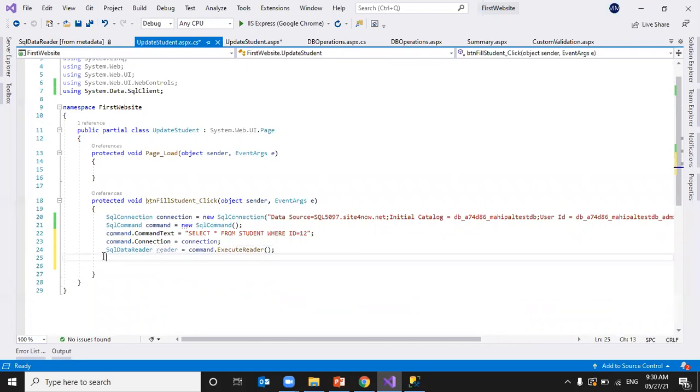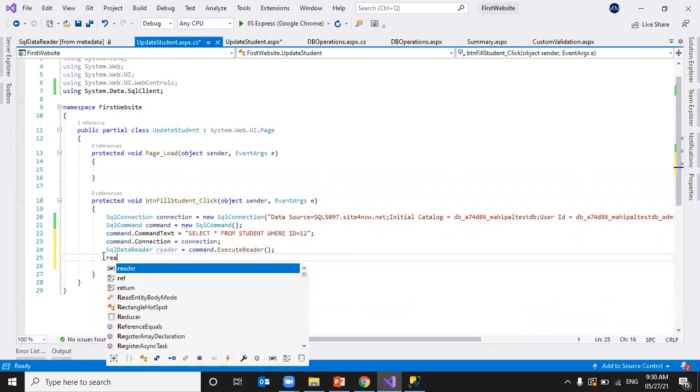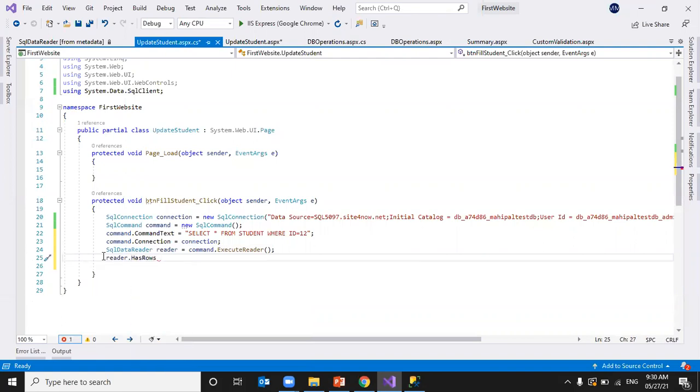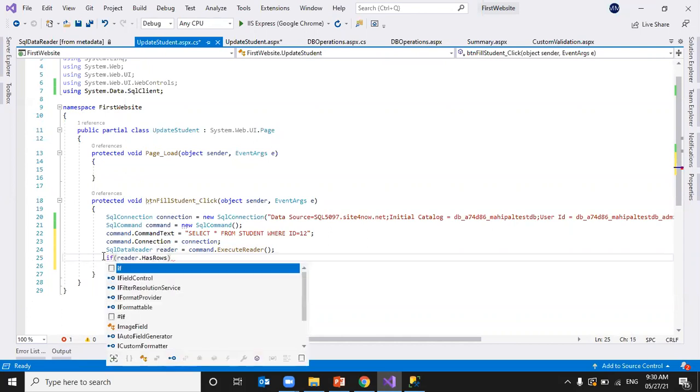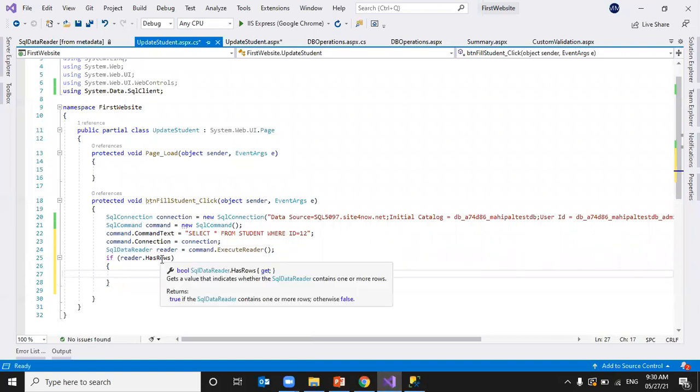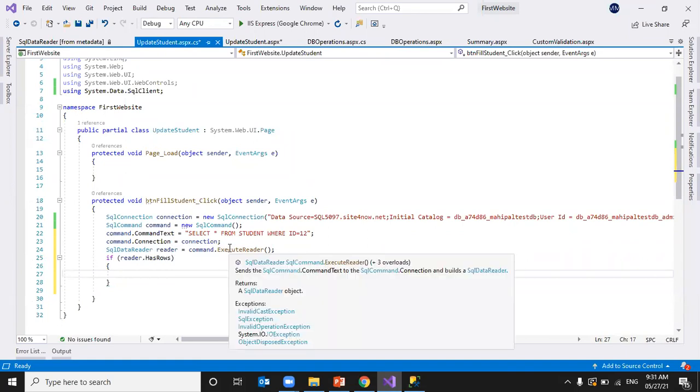Now, first we will check whether the reader object has records or not. HasRows is the property. If we have rows, we will read, otherwise we don't read. The SQL command text goes to the command connection and builds a data reader, right?